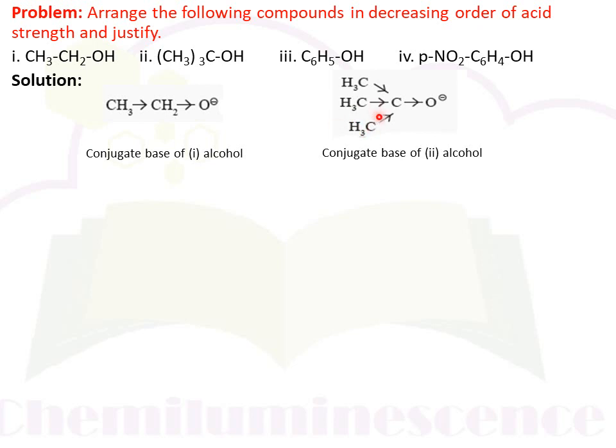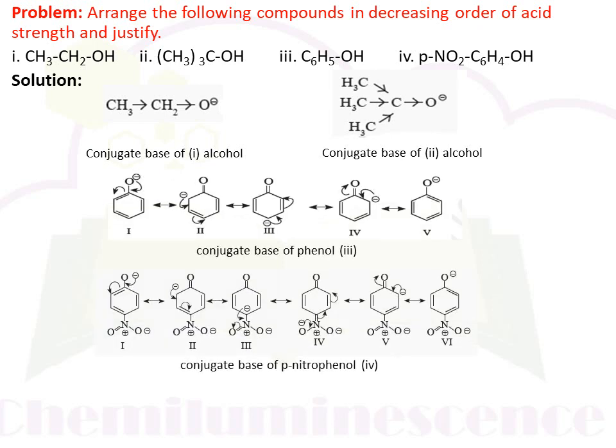because there are 4 carbons in the tertiary butyl, a huge or bulky alkyl group, for donating electrons or showing the +I effect, and in the conjugate base of ethanol, only the ethyl group is present for donating electrons. Hence, as the +I effect increases, the stability decreases. Therefore, this one is more stable as compared to that conjugate base. From that, we can conclude that ethanol is more acidic as compared to tertiary butyl alcohol. Now, let's see the conjugate bases of the third and fourth compounds.